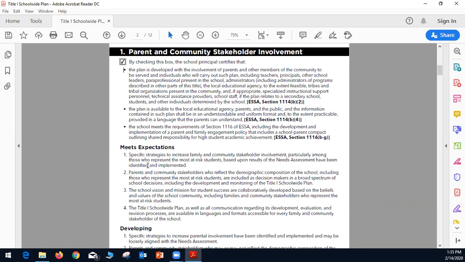So once you start developing the plan, it will be considered to meet expectations if it describes specific strategies to increase family and community stakeholder involvement, specifically among those who represent the most at-risk students based upon results of the needs assessment.